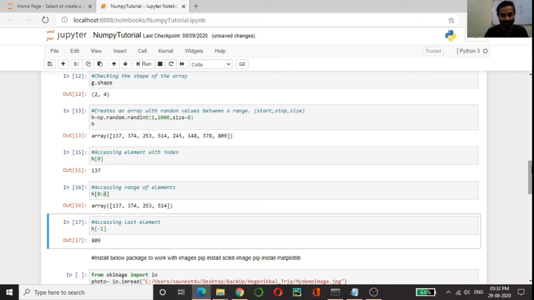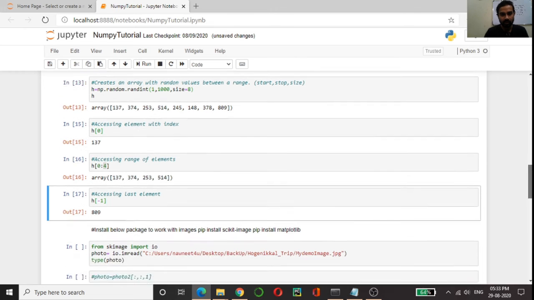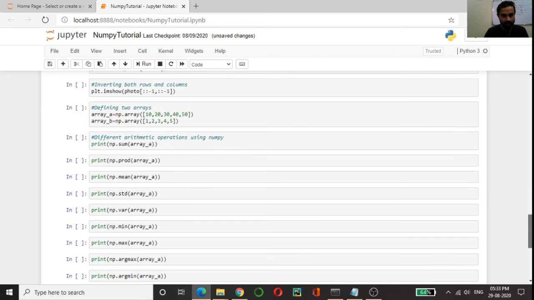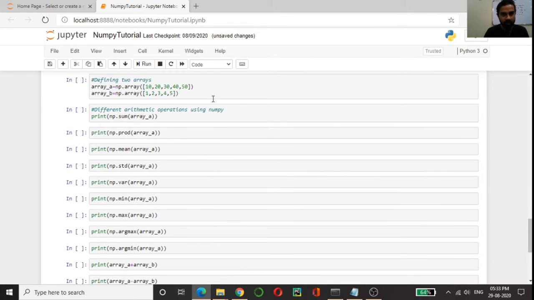Now coming to the different arithmetic operations which we can do on NumPy arrays. Let me come here. Here I am defining two arrays to do some arithmetic operations. Array A has values 10, 20, 30, 40, 50, and array B has values 1, 2, 3, 4, 5. Now we can do different operations on these two arrays, like sum, product, mean, standard deviation, variance,